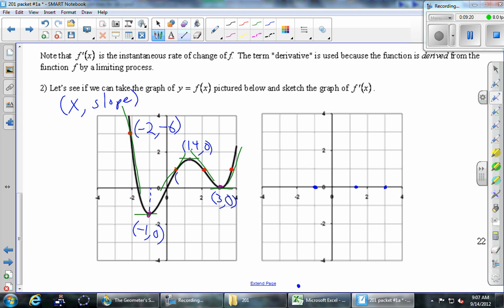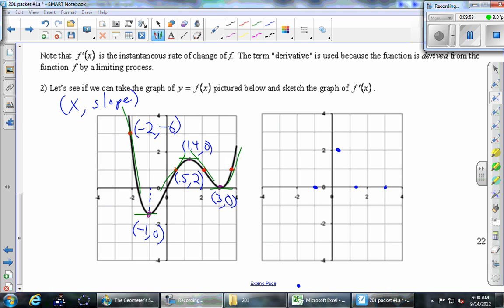Okay, what's the x of this red point here? About 1/2. Slope of the tangent line, maybe 2. We'll take it. And so we'll plot 0.5, comma 2. And then I'll ask you guys to grab the last 2 red points, draw your tangent line as best you can, estimate the slope, and plot 2 more points on this graph to the right.